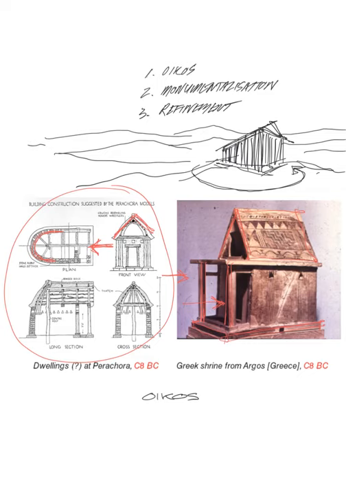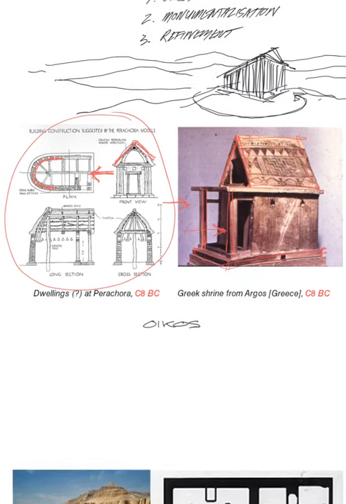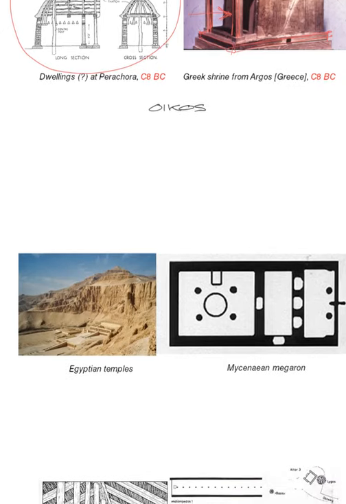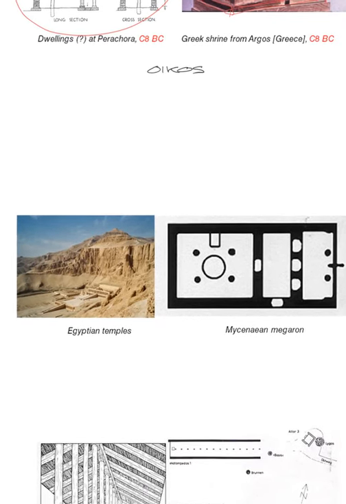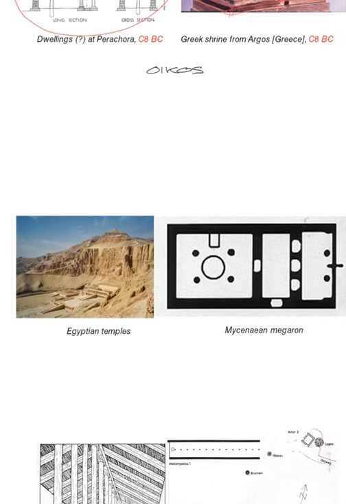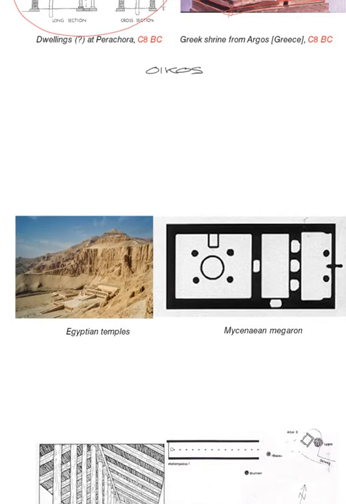So that is quite simple. Then we must also take into account two other very important influences, which then transformed the oikos into the temple as we know it. The first is, on the left, the Egyptian temples. You'll remember that in the New Kingdom temples, like this one of Hatshepsut that we looked at, the Egyptians started